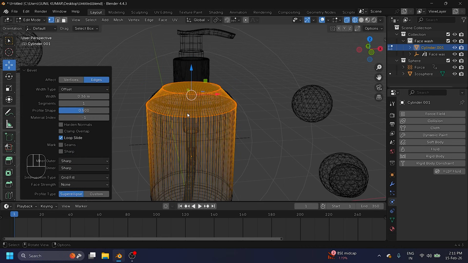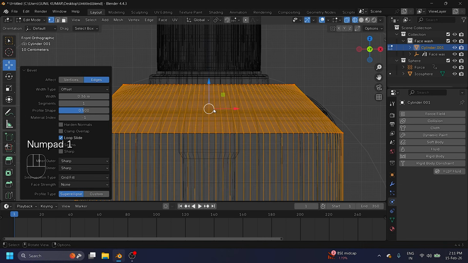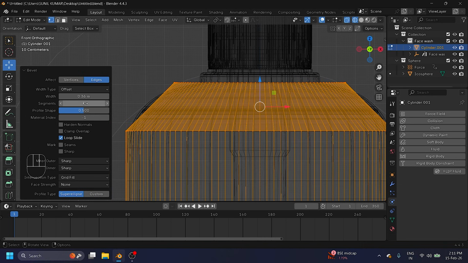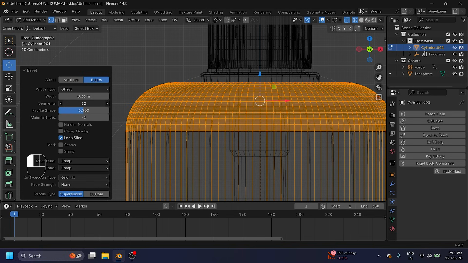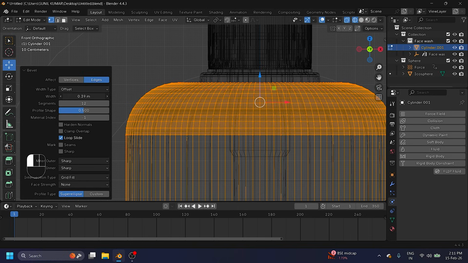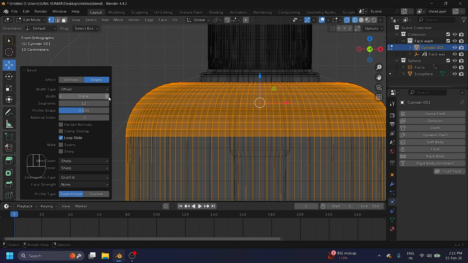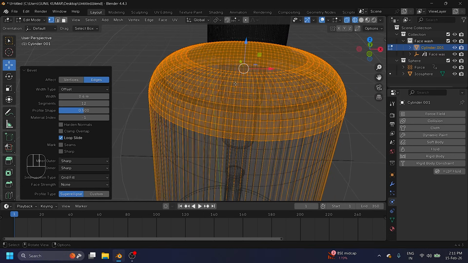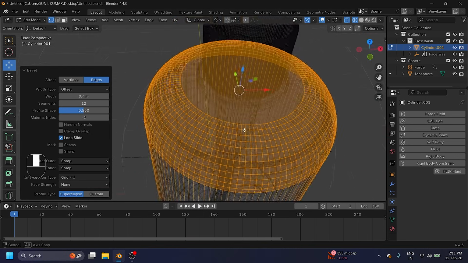So press 1. Yeah. And guys, increase segments like this. Guys, more, change. Yeah, good. Right. And guys, you can also change segments. Yes. Right. See guys, that's my simple outer shape.